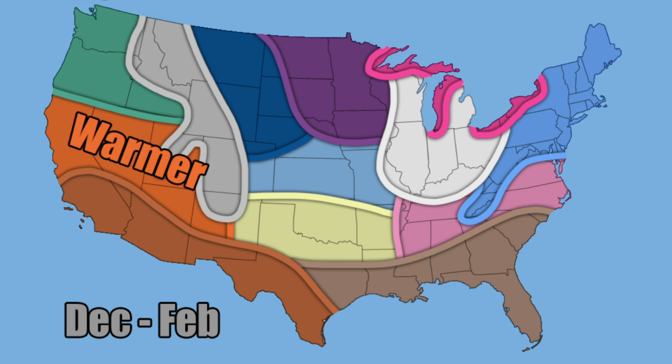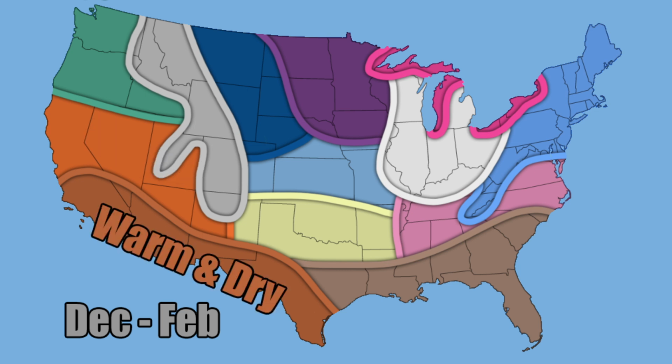Now, I'm expecting warmer than normal conditions for this area in portions of the southwest, from portions of New Mexico, Arizona, into portions of Utah, Nevada, and northern California. This is where I'm expecting warmer than normal conditions. And then for portions of the very far southwestern United States, this is where I'm expecting warm and dry conditions to persist. I think it's going to be a combination of those dry conditions with those warm conditions, and they'll add up to be a fairly mild winter.